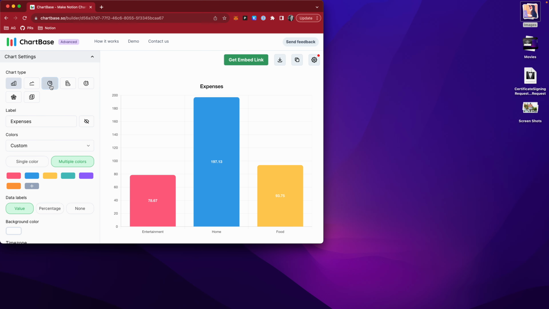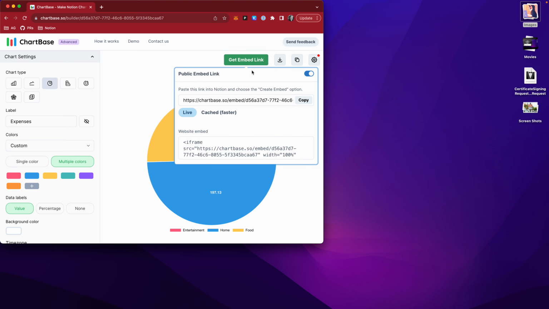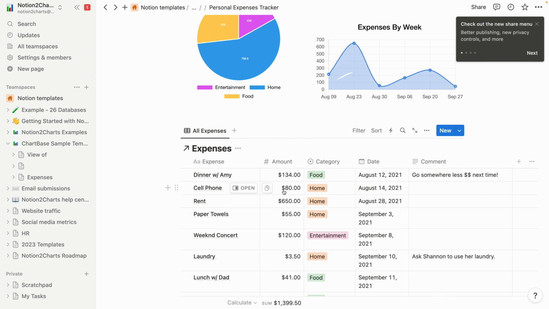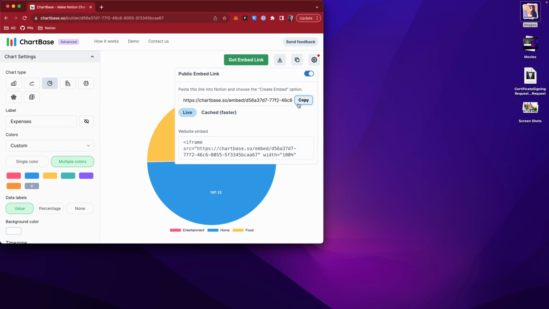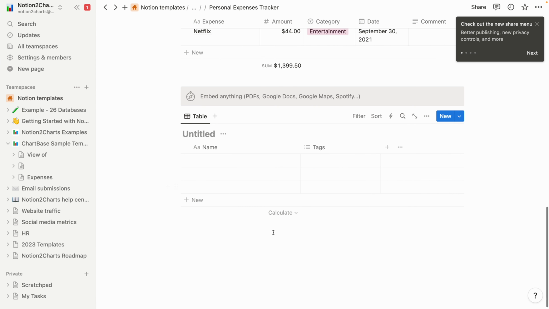So let's say we want to go with this pie chart approach. It's a nice, clean, simple one. You can get the embed link. So this is the link you can copy to embed. A tip is if you want it to refresh constantly while you're editing this table, you should choose live. But if you're not going to be editing the table too much and you just want a fast chart that loads just as fast as possible, come and grab this cached copy, and then you can just drop it right